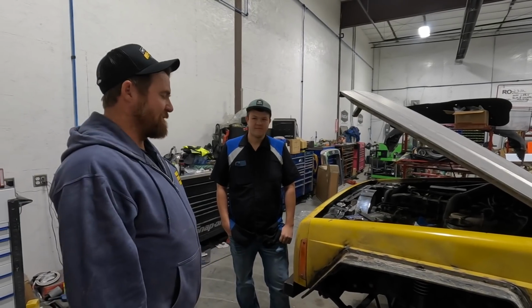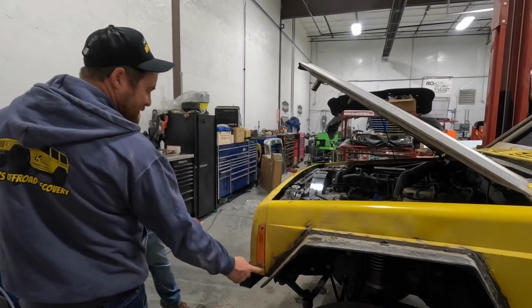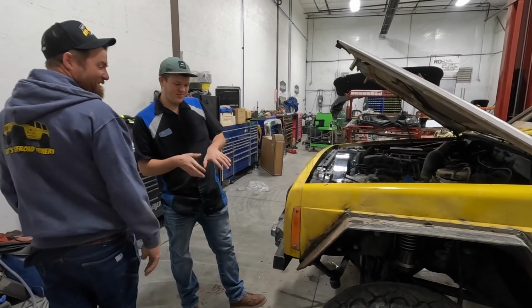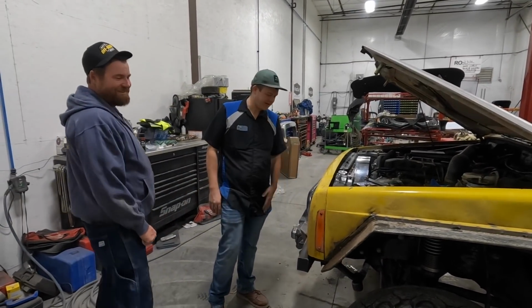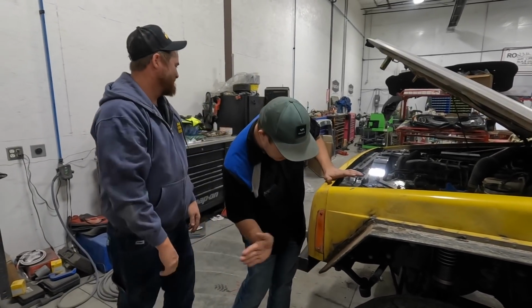You got a little bit of body work left to do. Yeah. I felt so bad when I was welding this up. I'm like, he should probably pull that dent before I weld it. Well, we'll see if we can use some vice grips and pull that out. No, you mix it up. Oh, yeah. We'll take some Bondo and just...